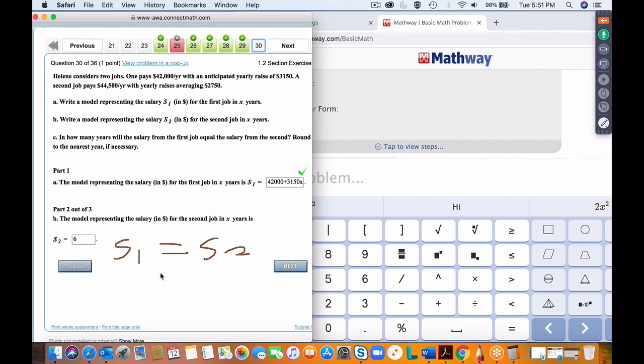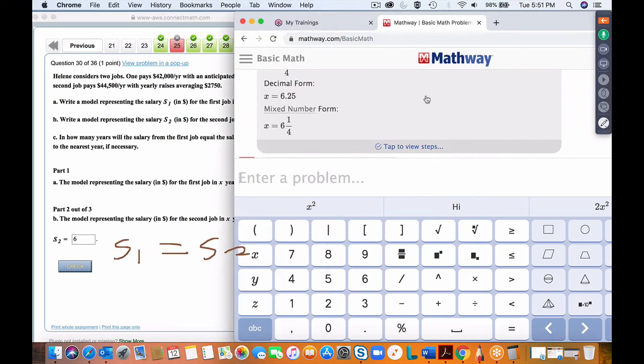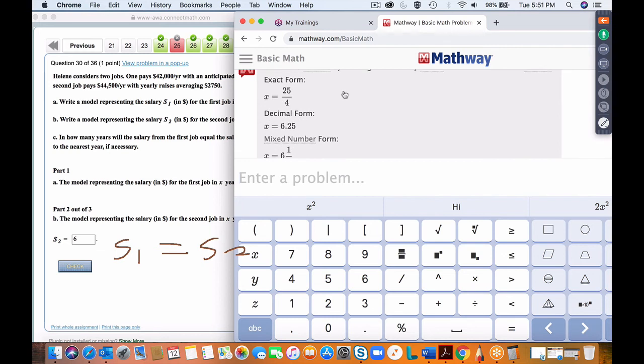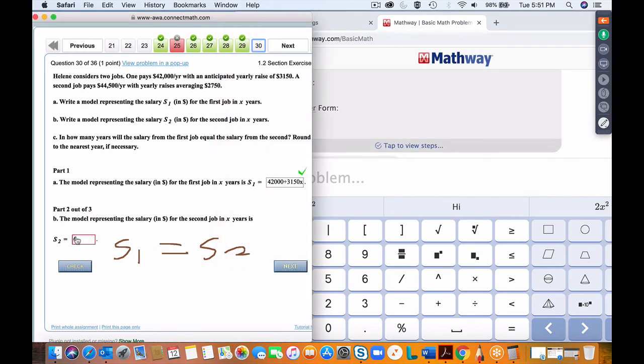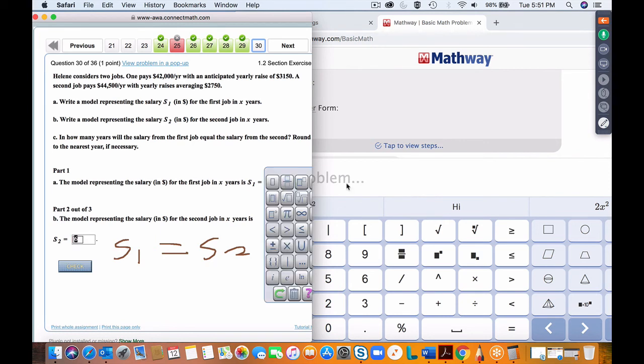Oops, something was wrong. The variable representing the salary for the second job in, let's say, to the nearest year, so let's have, I'm sorry, that's S2. I forgot something here. S2 is just the equation I had to write